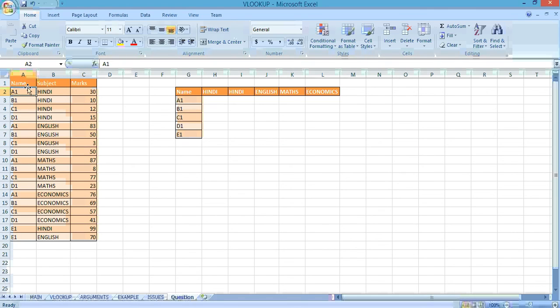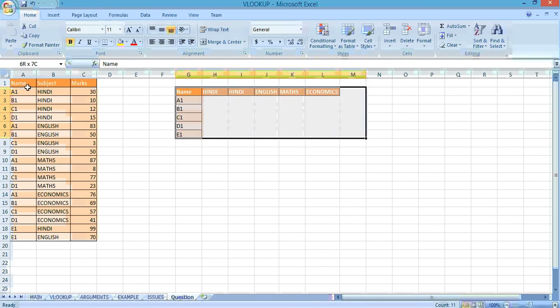So I have some students in my team, and I have taken names as A1, B1, C1, D1. Like this way I have taken the names, and there are some subjects in which their marks are there. So you have to give me the output this way.